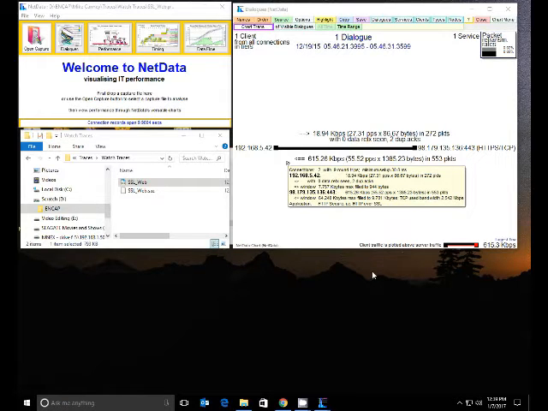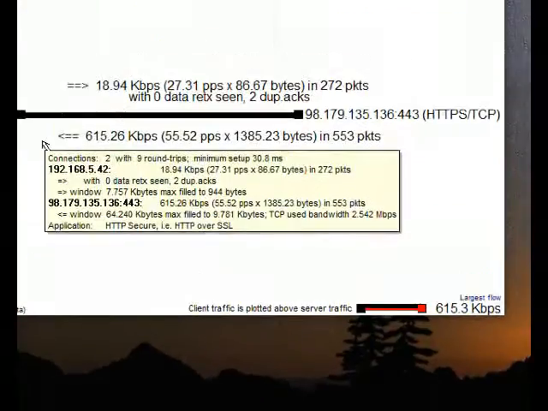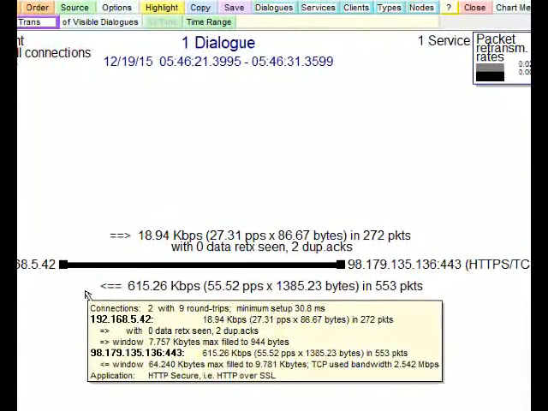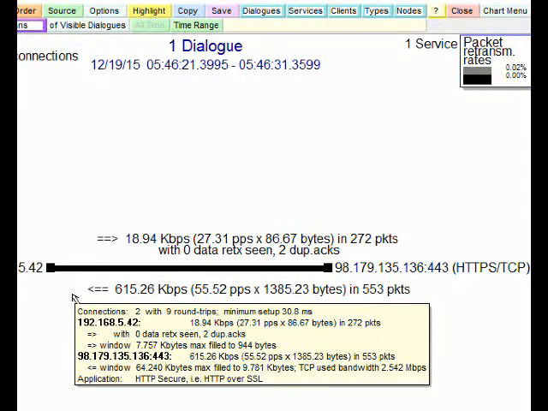We see the client talking to the server. Let me make this big so we can see good information. There's one dialogue, basically no retransmitted packets. Let me move that a little to the side. 0.02 client side and none on the server side. If we look down in our connections there,